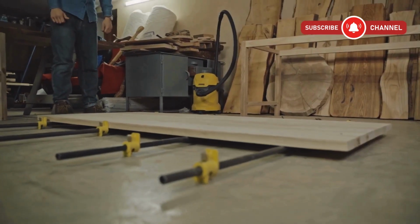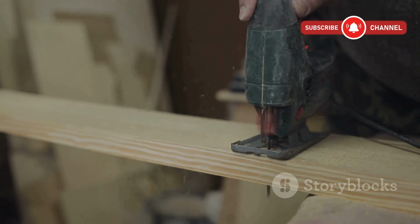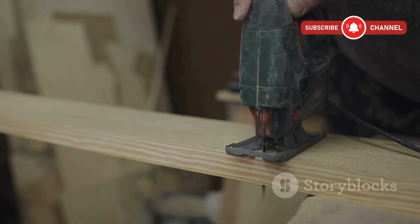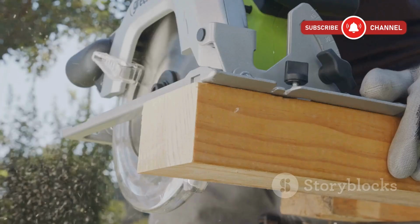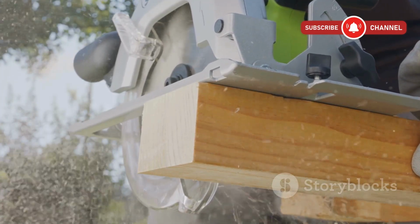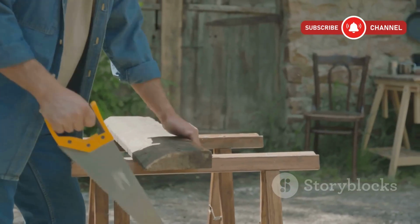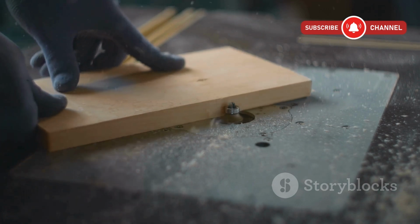Let's talk about supporting the plywood. I'm cutting this sheet on a sacrificial surface. Just a few scrap boards underneath. That way the piece is fully supported along the entire cut, and there's no chance of it sagging or chipping as the blade exits the material. If you're cutting on sawhorses or a workbench, make sure both sides of the cut are supported, especially the off-cut